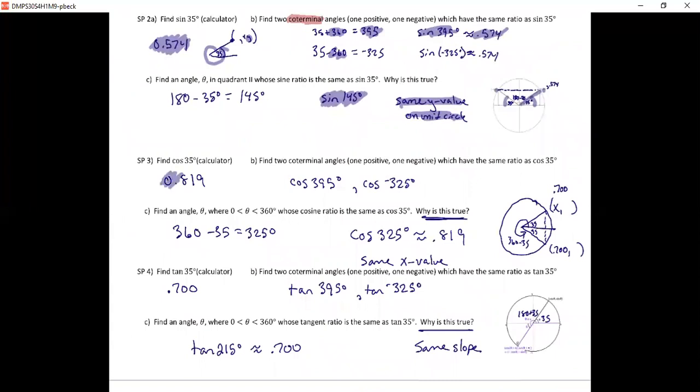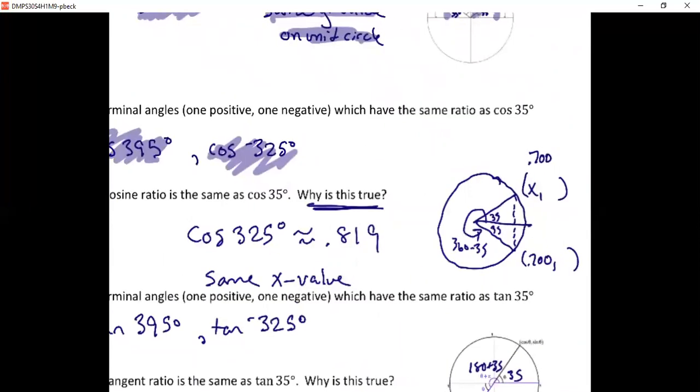Same kind of problem on number 3. The cosine of 35 degrees is 0.819. So 2 coterminal, it's those same 2 angles that we have from part A. An angle between 0 and 360 who has the same cosine ratio. Well, in this case,